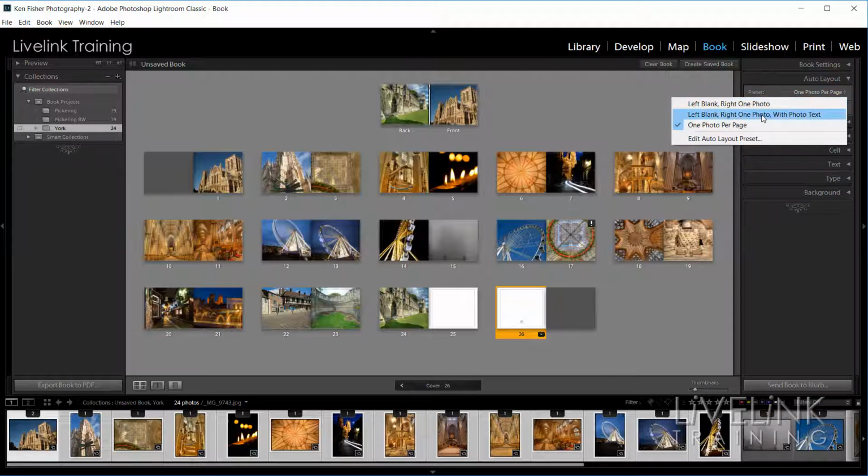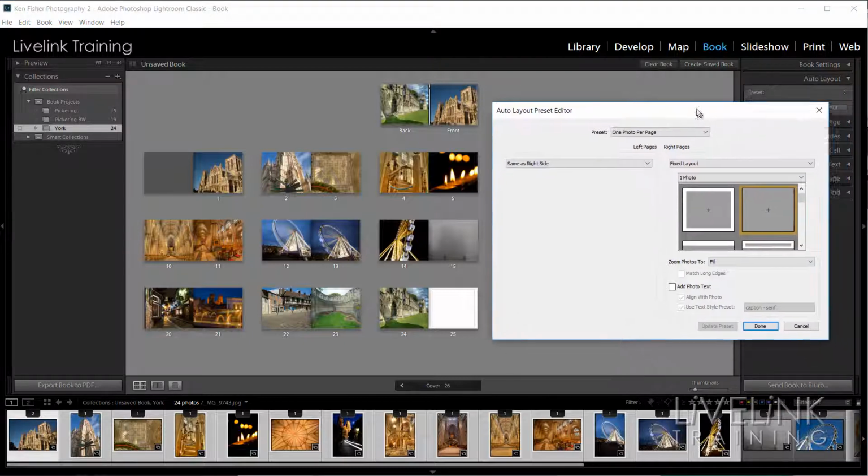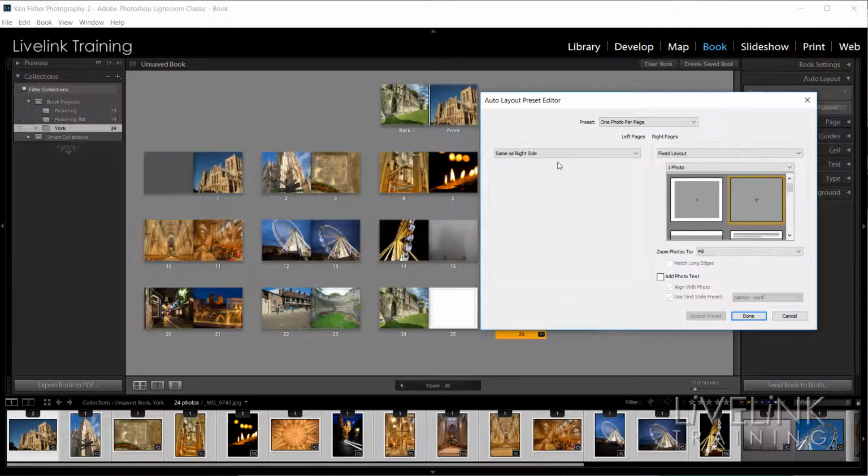which is a little bit of a limitation really, but it isn't, because we have this thing here called Edit Auto Layout Preset, and here we can create our own preset. So I'm going to leave that selected, one photo per page, it doesn't matter which one you use, and I'm going to go to Edit Auto Layout Preset. And here we get the auto layout preset editor. Now it defaults to this, basically the right hand side being the same as the left hand side, and I'm going to leave it that way just for simplicity,